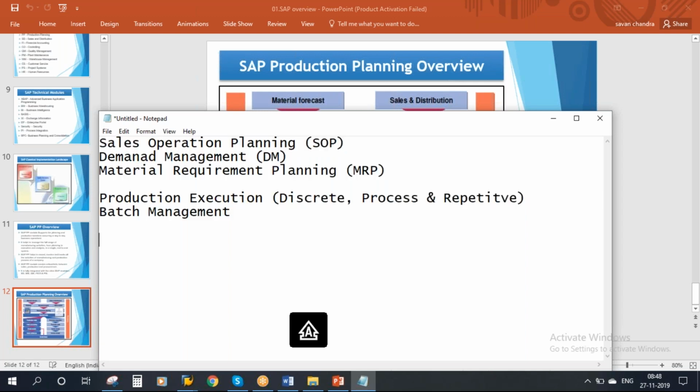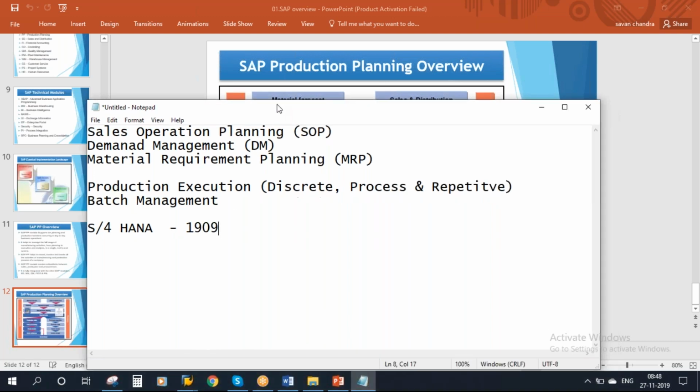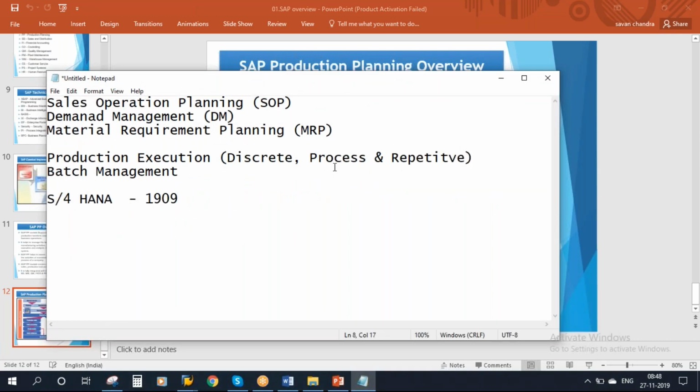Okay, 1909. Because there is a lot of difference when you execute the same process via Fiori. The navigation will be different, a slight difference in navigation, but the functionality you are executing, and what effect happens, remains the same. Fiori is for end users, not for the consultants. Here we are understanding the concepts, not the navigation. As a consultant, your main focus should be understanding the concepts.